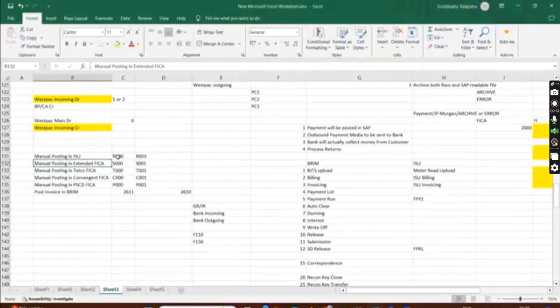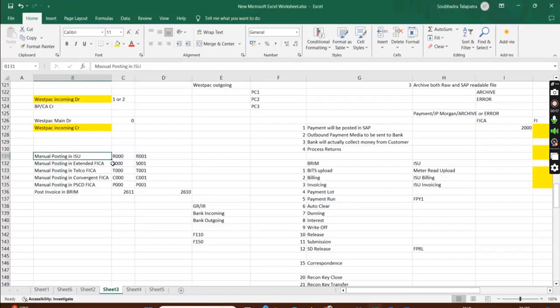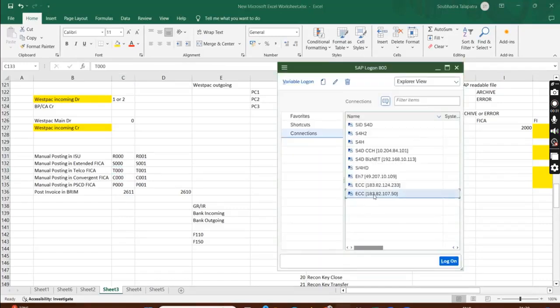These are the posting areas you need to configure based on what system you are in. Suppose if I try to find posting area S000 in the ISU server, it will not work. If in the server I have activated S and try to find posting area C000, it will not work. Again, T000 will not work. For example, in our ISU system, if I try to find